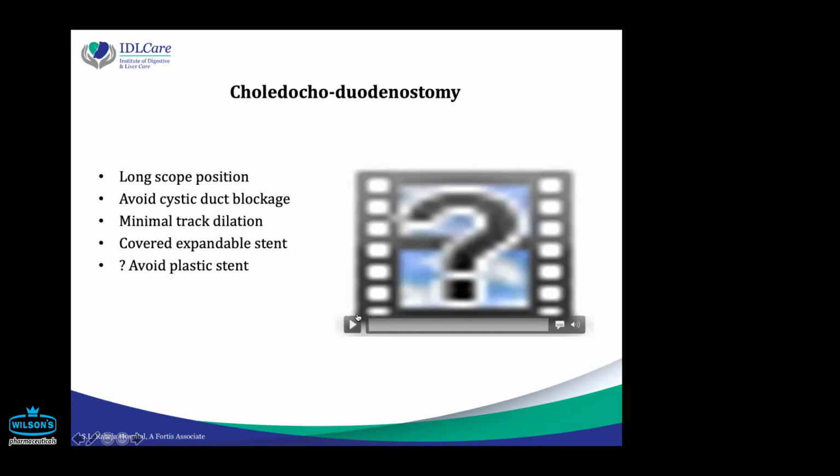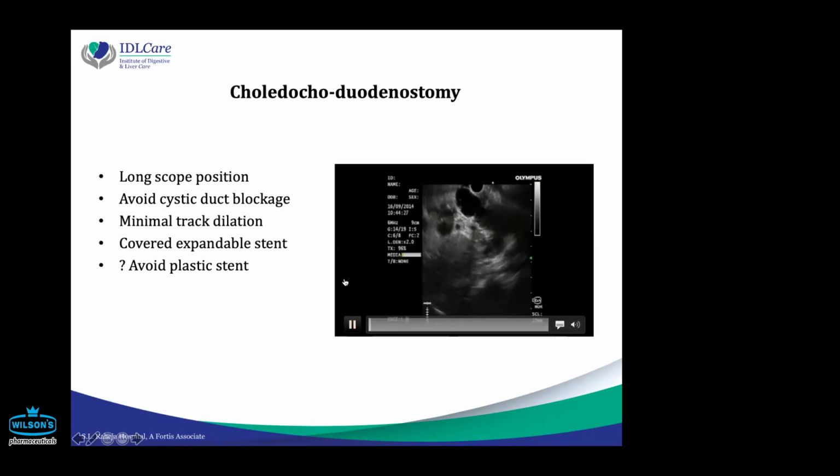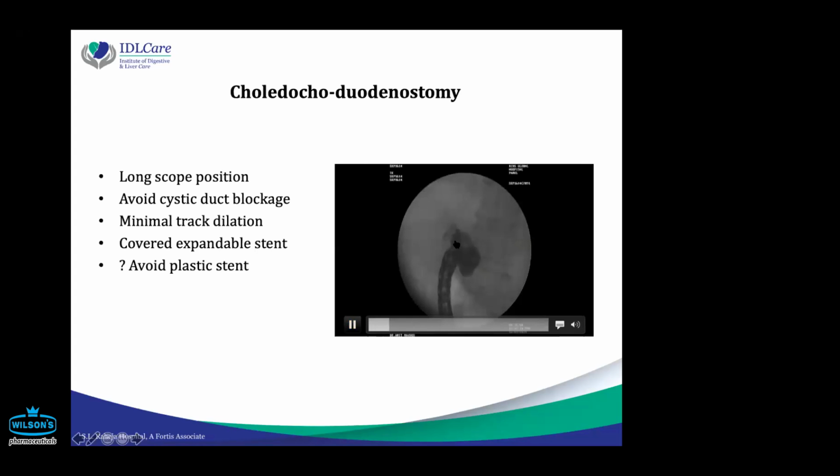Choledochoduodenostomy is, as I told you, a stent placement between the duodenum and the dilated bile duct. So you see the scope position, very different. Scope is in a long loop position, it's looking up. You have to puncture avoiding the cystic duct. You should not puncture the cystic duct, and you should also see that your stent doesn't cover the cystic duct. Otherwise, there'll be a problem